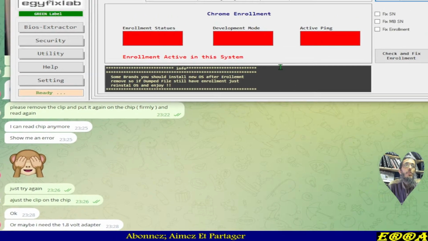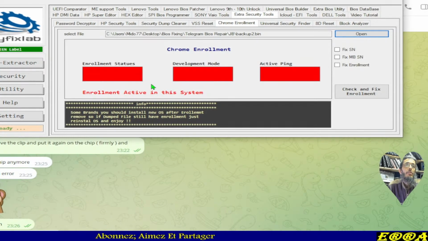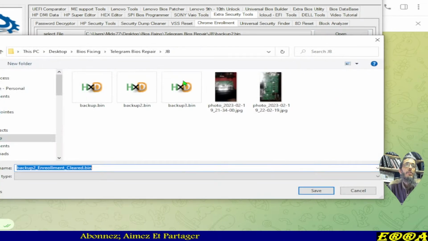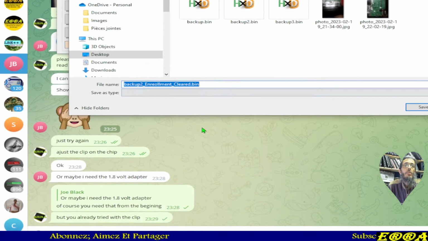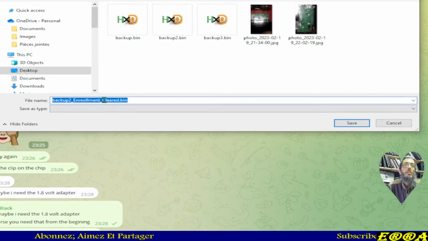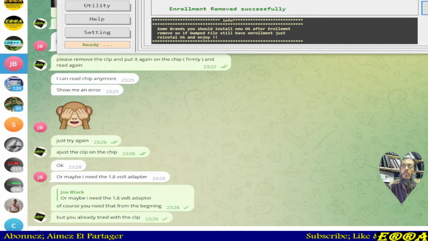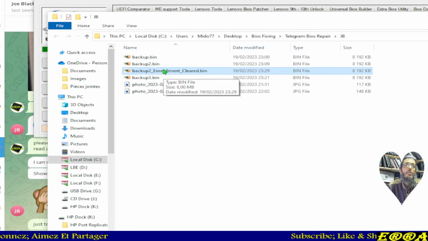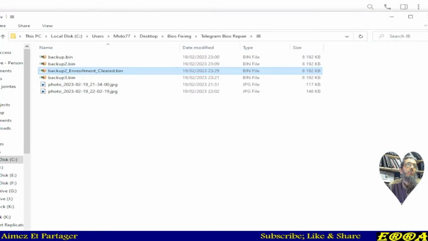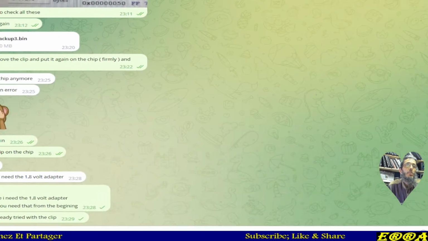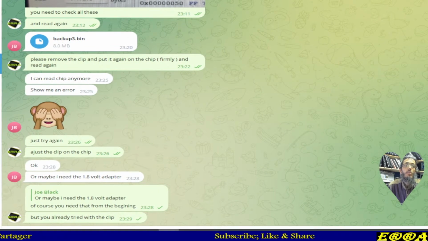Anyway, so to remove the enrollment from these files, we open with UBE like this, check and fix, the file is ready. So we can keep this name, backup enrollment cleared, save, and we got our file saved here. I will give him this file, but he will try it without comparing the files.